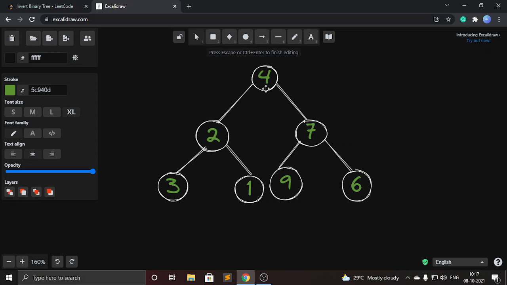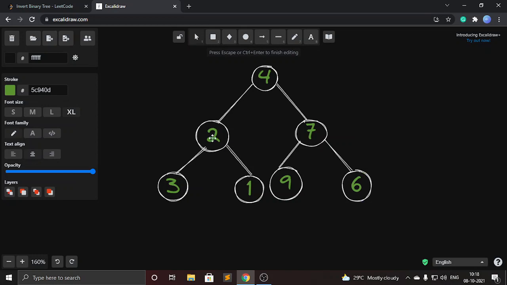Now the right call of the root node 4 is finished. Now we will swap the entire right subtree and the left subtree. After swapping the entire left subtree and right subtree of 4, we will get our final answer.